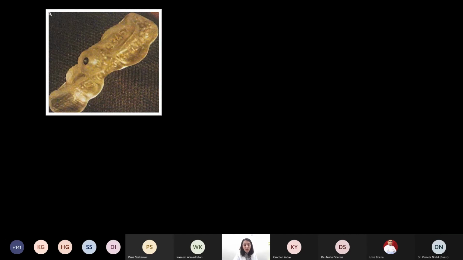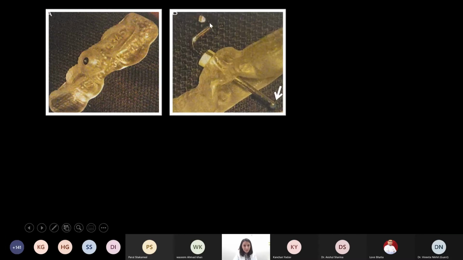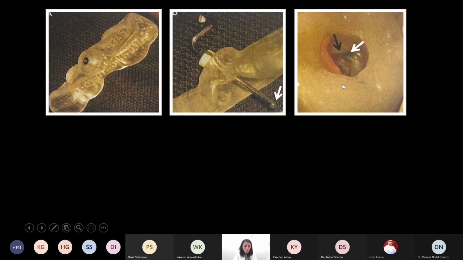This technique is called the intracoronal guide technique. Now, what is this technique? He took a small steel pin of the same diameter, 1.2 mm, which can pass through the sleeve. Then he covered the tip of this pin with blue stain. Then both the guide as well as the pin were seated on this tooth, to check if the pin could go to the bottom of the cavity without touching the wall.